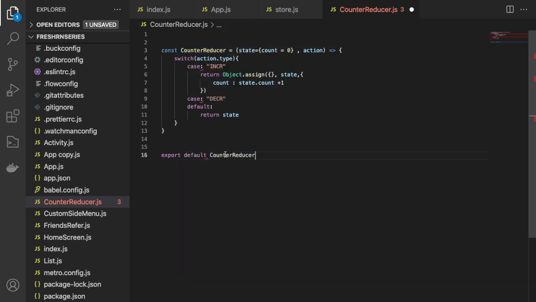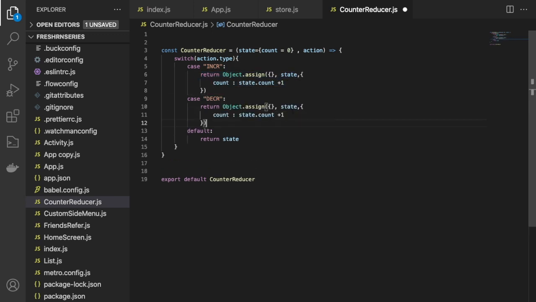Okay, this is fine. Okay, so we don't need to do this. Okay, cool. Not in this default, I believe we have to do this. So we have to write colon, same thing here also, and copy and paste, and with the decrement. Cool, correct. Just copy this and go to the store.